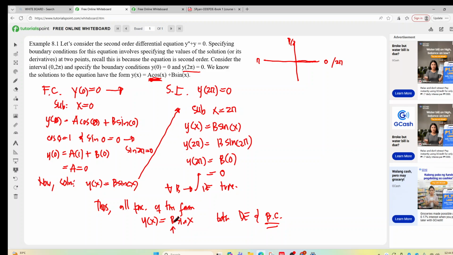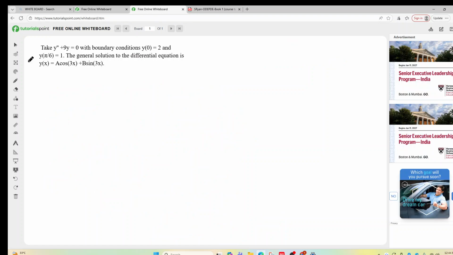So we can actually replace b by any number. It can be one or two or three or whatever the value. This is in the form of our differential equations where b is our constant. To understand these differential equations more, let us take a look at the last example here.